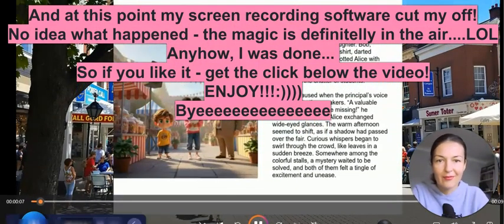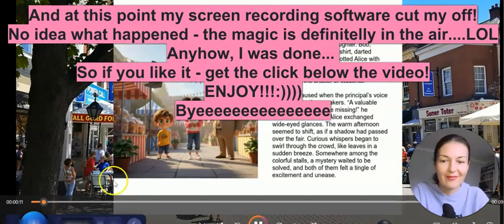The school fair buzzed with music, bright banners, and bursts of laughter. Bob, wearing his bright yellow shirt, darted between stalls until he spotted Alice with her black puffs near the candy